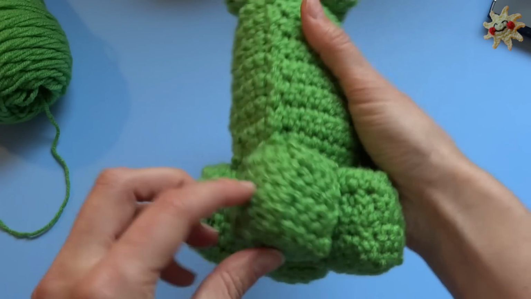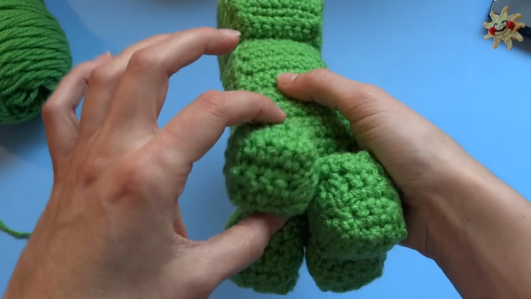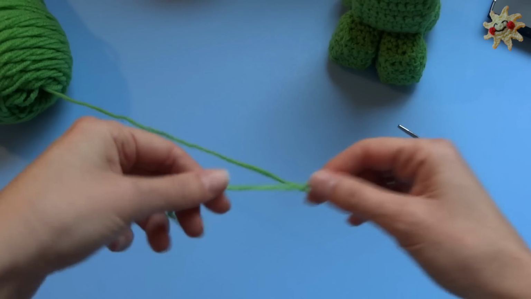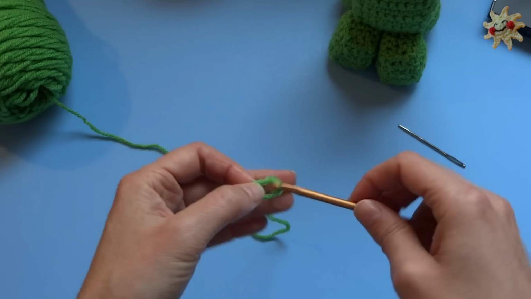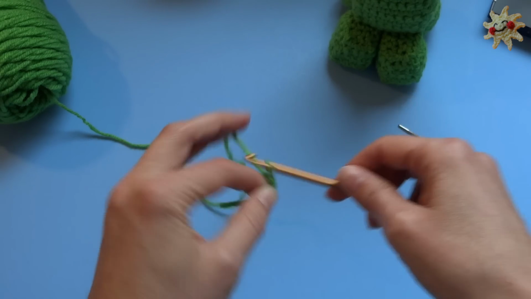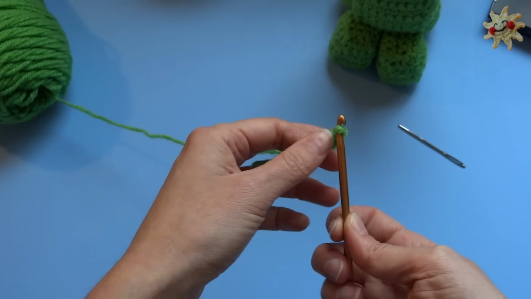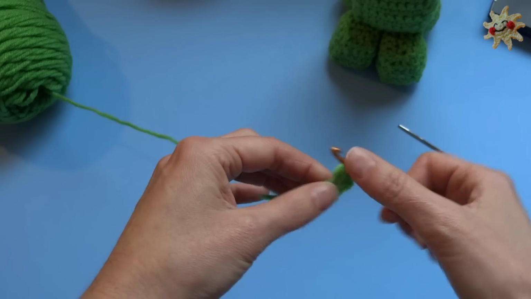Now for the sides of the feet. You need 4 for each foot, and there's 4 feet. So you're going to need to make 16 of these pieces. You're going to start with a slip knot. You're going to chain 5. 1, 2, 3, 4, 5. So there's your 5. Skip the first chain from the hook, single crochet into the second, and in each one